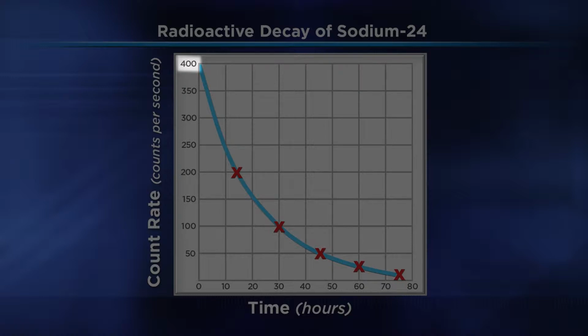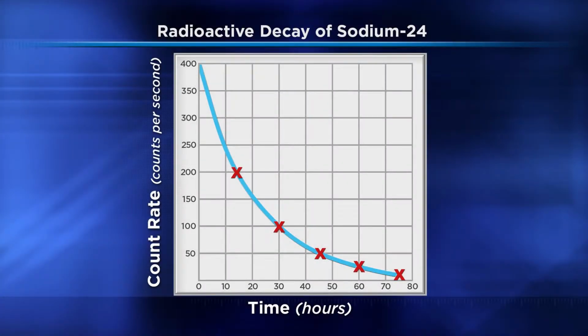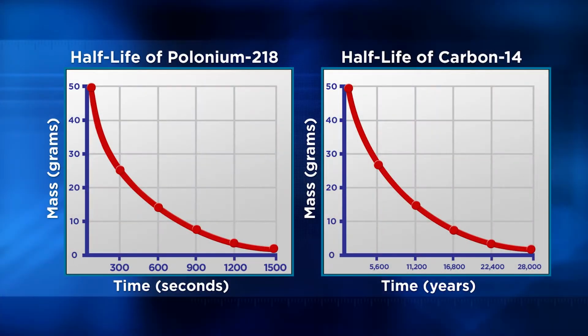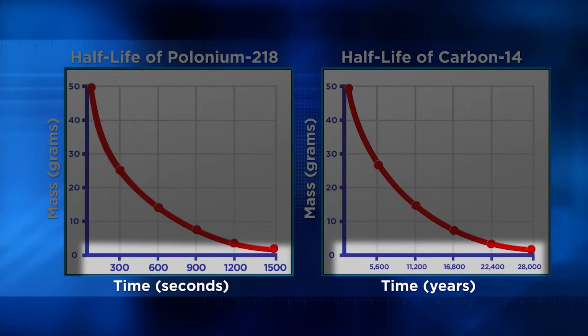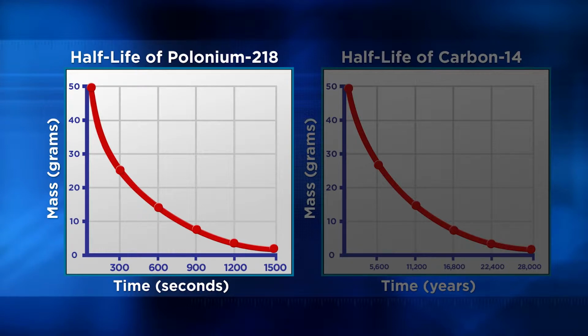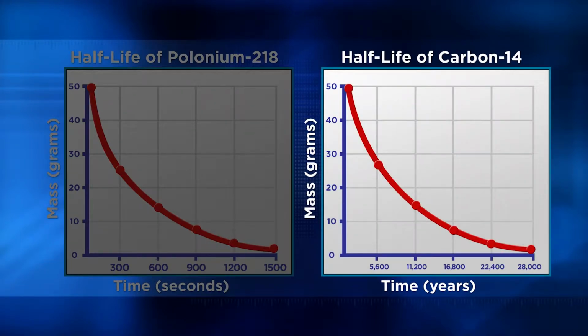Every 15 hours, half of the sodium-24 atoms decay and become a different element. The starting amount produced 400 Geiger counter counts per second, but after 15 hours, only 200 counts per second were recorded. That means that after 15 hours, there were half of the original number of radioactive atoms. Over the next 15 hours, half of that amount had decayed again, from 200 counts to only 100. After about 5 half-lives, the amount of sodium-24 remaining would be almost too small to measure. All half-life graphs have the same shape, but the time scale indicates the rate of decay. For example, some isotopes decay in seconds, while others can take years.